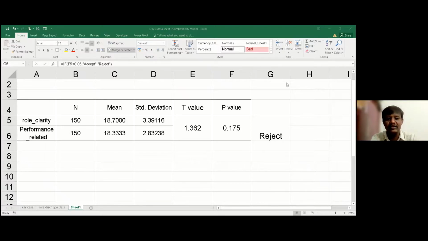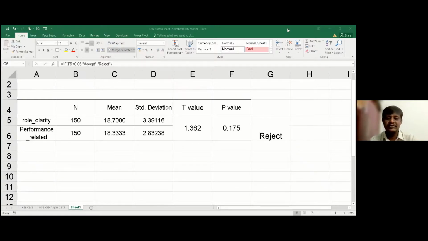That way we need to interpret the results of this output. If the result shows that we are accepting the null hypothesis, we can conclude by saying that there is no difference in the mean value of role clarity and performance related variables.